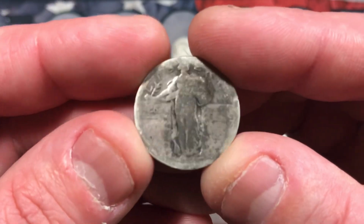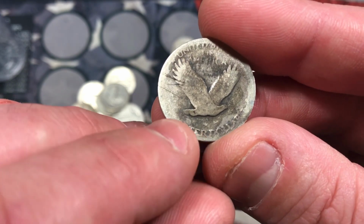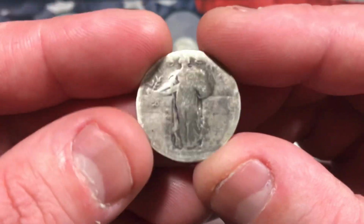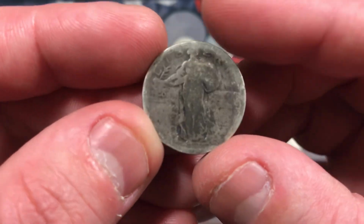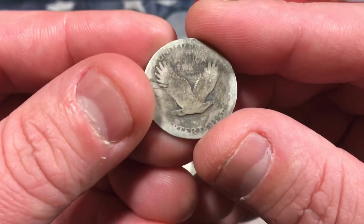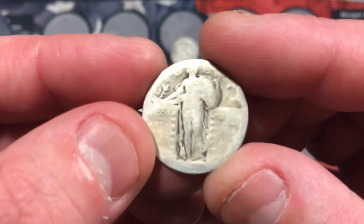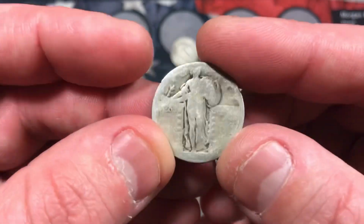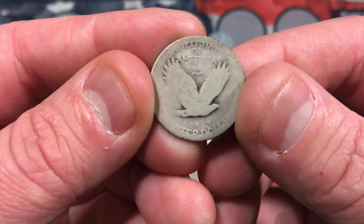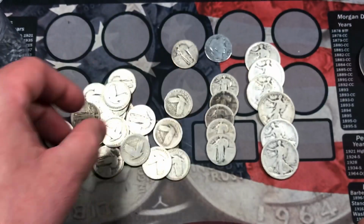Looks like, for the most part, they're all Type 2 design on the Standing Liberties here, with the stars underneath the eagle. Of course, if there were no stars, that would be a Type 1 reverse, and that would only be a 1916 or 1917. And then we could also see if it had a mint mark down by the pedestal, and that could also tell us the date. Even if the date was worn down and not visible, we could do a little research by the type and the mint marks. But considering most of these are all Type 2 reverse design with the stars under the eagle, we're just going to have to say that they're probably from